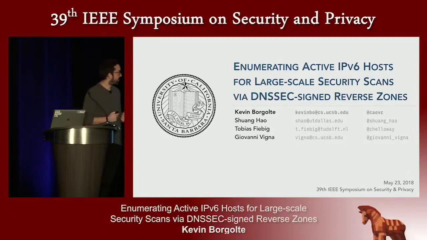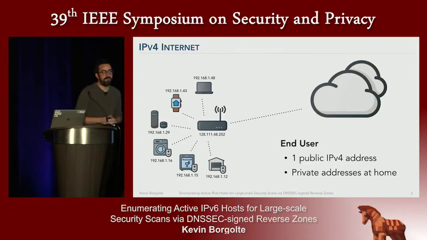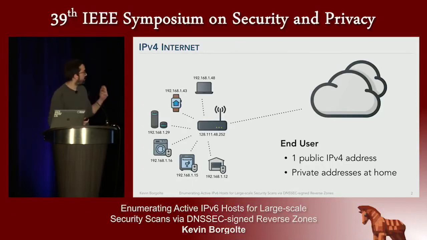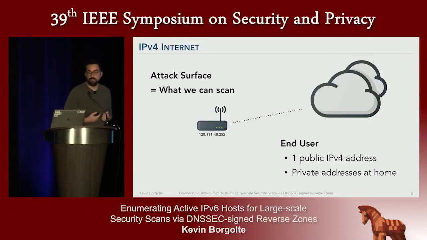Starting with how the internet looks today, as an end user, you get a public IPv4 address, and then at home, for example, you're just using an internal network, for instance in the 192.168.1 range, for example, a /24. At this point, the attack surface is pretty much limited to your only externally accessible host, which is your router, or whatever you might have firewalled through or allowed to access, go through your NAT. And at the same time, this is also what we can look at and evaluate, measure, and scan, for example,